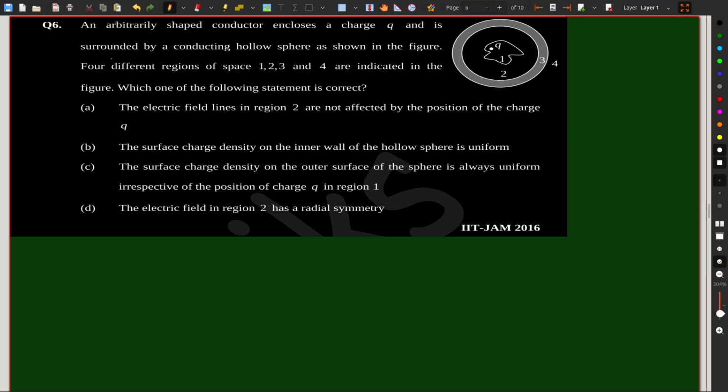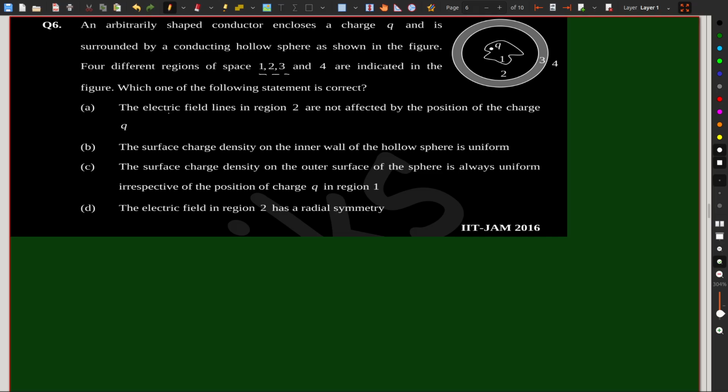So an arbitrary shaped conductor encloses a charge q. There is a charge q, and the shape of the conductor is arbitrary, surrounded by a conducting hollow sphere. Four regions are given: 1, 2, 3, 4. We have to tell which of the following statements is correct. Okay, let's first read